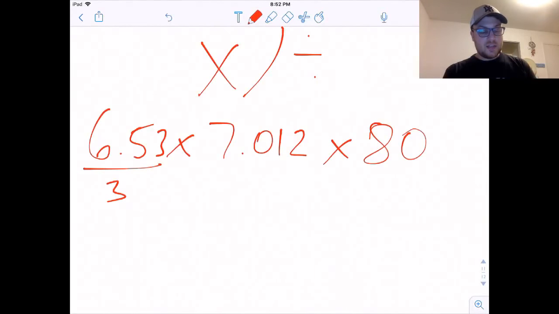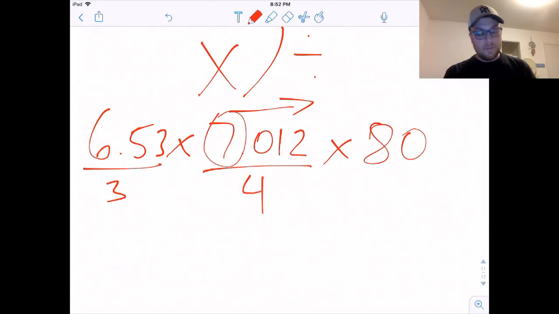Maybe not. All right. So I'm going to multiply these normally. Now, you're probably never going to see anything this complicated. Usually it's just 2 numbers. But I'm choosing an odd one just to show how to round it. 6.53 times 80. So I get